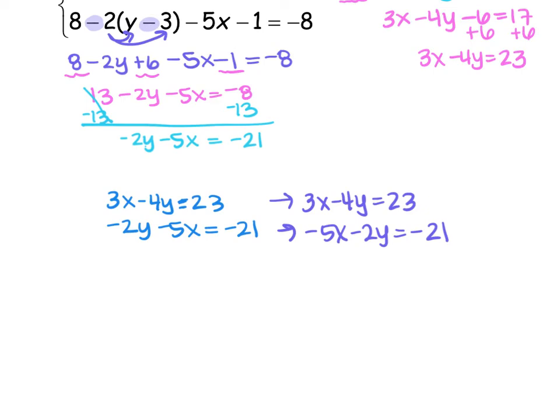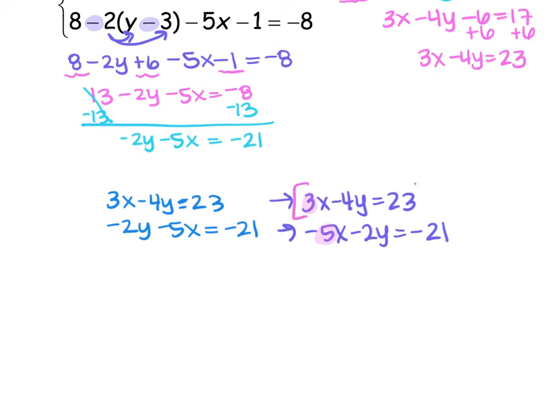So there's no number that I can multiply 3 by to get negative 5, and no number that I can multiply negative 5 by to get 3. So instead, I'm going to have to multiply both of these equations to get the lowest common multiple between those two numbers. I mean, you could get this to be 30, because 3 goes into 30 and negative 5 goes into 30, but you want to try to get the lowest common multiple to keep the numbers as small as